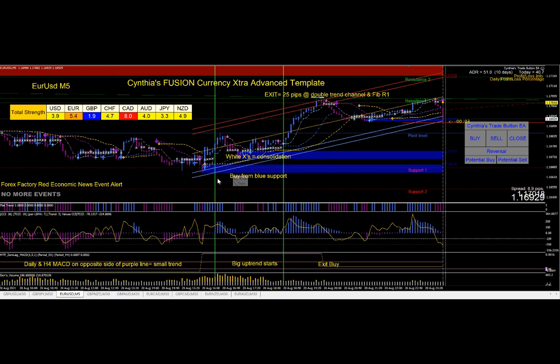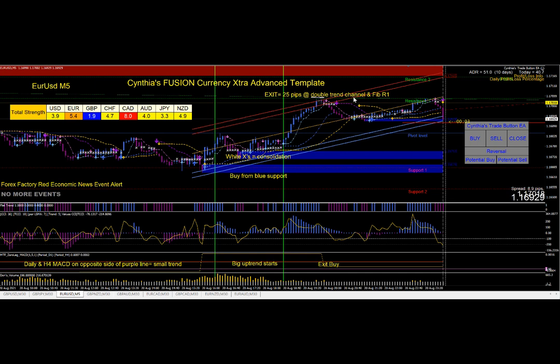But we're buying from the blue support area, and then price does reach